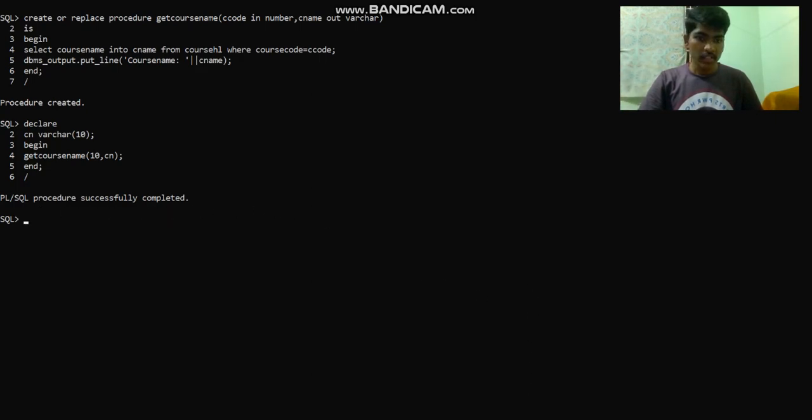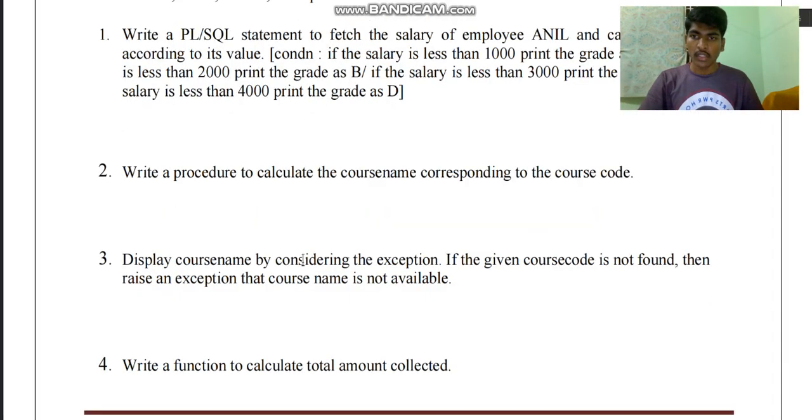Now we can see the next question. Display course name by considering the exception. If the given course code is not found, then raise an exception that course name is not available. We need to display the course name according to the result which it finds. Now you can see the code.